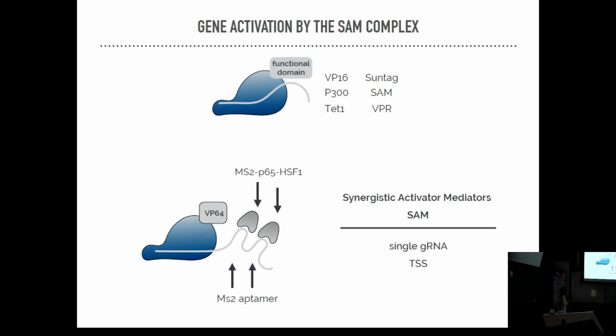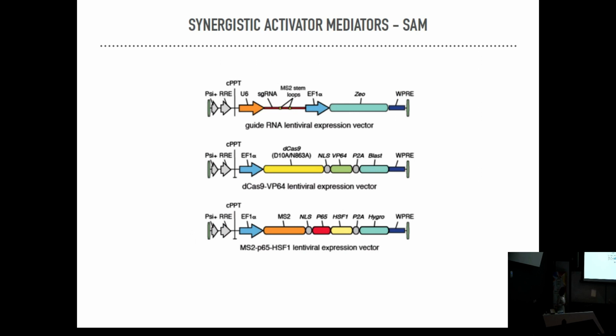Another important thing is that this whole system is based on the TSS. The TSS is the region where the transcription starts, and this information is available for all the genes in your genome, while other systems such as P300 are based on enhancers, which are specific functional parts of the DNA that are described for some genes but not for all of them. So if we need to activate a gene and we don't have this information, we cannot do it. With this system, we can activate every gene of the genome. And here comes what I did. That's the system that is available so far.